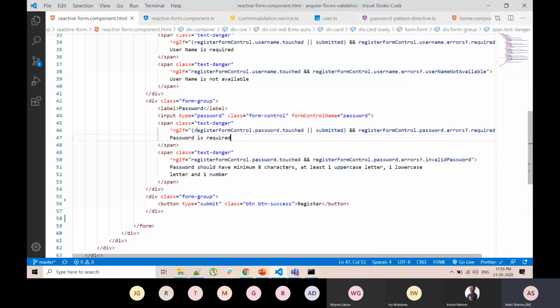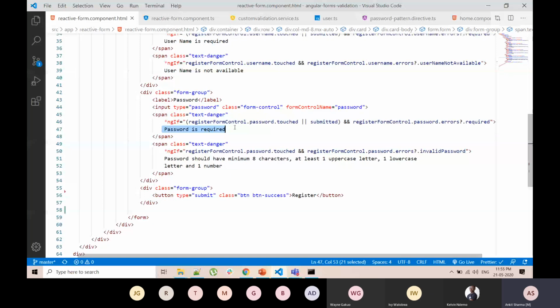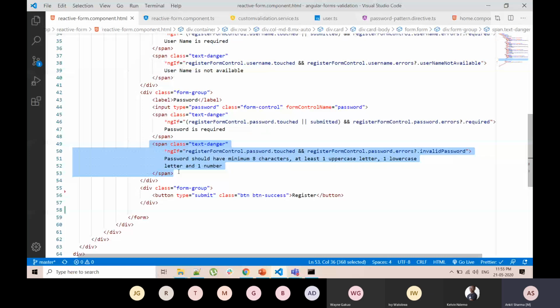Next is the special custom validation which we have put for the password, which is to check the type of values in the password using a regular expression. Here it is similar to the username validation. You can see that we have used the invalid password property. If you remember, we have set this invalid password property in our service.